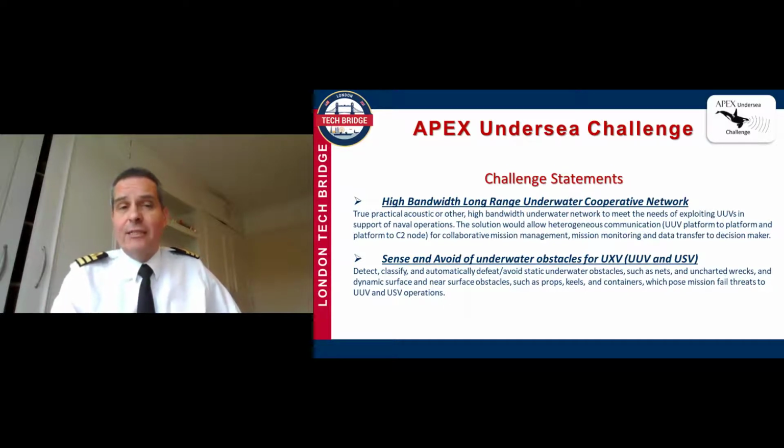This will also help them collaborate better using AI at the edge and to start doing true autonomy. And that's really important for us as well. It really has to, if you think about it, at an endpoint, bring that practical operational solution. We're not asking you to demonstrate that whole thing at the first stage, but if that gives you an idea of where we're heading with that underwater communications piece, hopefully that gives you a bit of situational awareness around that. The other one, which is really important and has been developed quite well for the above water concepts,